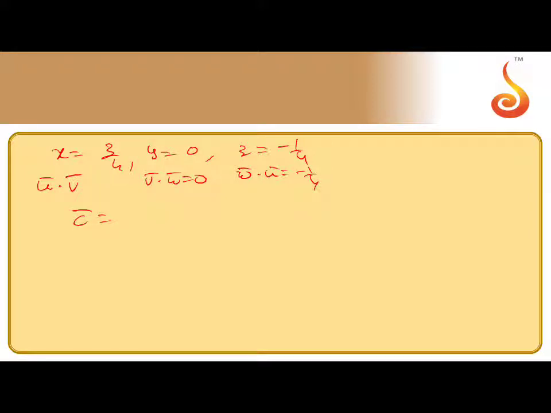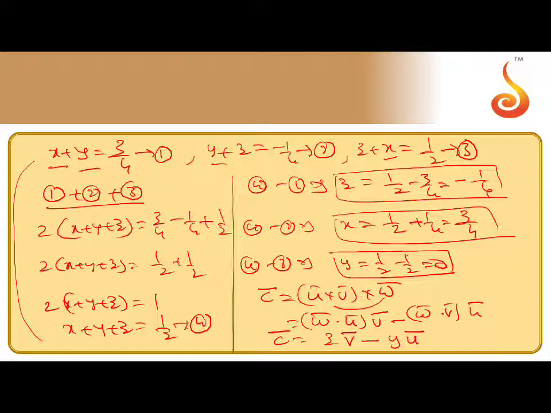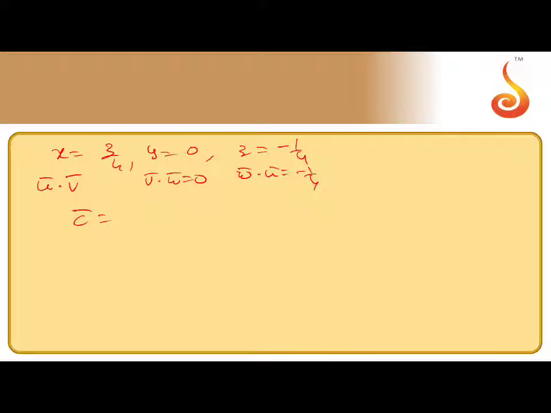So what you get, c bar equal to the previous step, c bar equal to z v bar minus y u bar. Because y value 0, c bar equal to what is z? Z is minus 1 by 4 into v minus 0. So that v equal to minus 4c. You got the value of v is minus 4c.